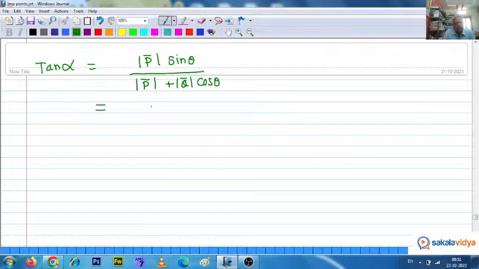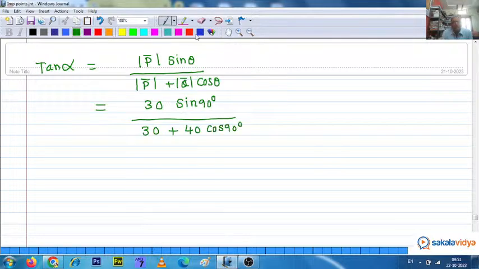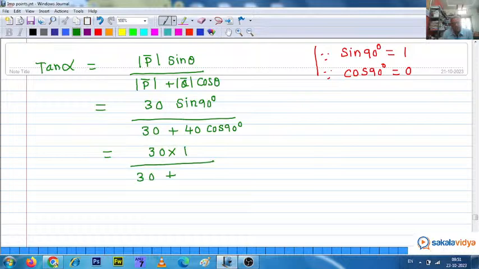So now mod P is equal to 30, theta is 90, sin 90 here, mod P 30, mod Q is 40 into cos 90. So my dear students, once again remember, sin 90 degrees is equal to 1, cos 90 degrees is equal to 0. Let us substitute these values now. Then what do we get? 30 times sin 90 is 1 upon 30 plus 40 times,